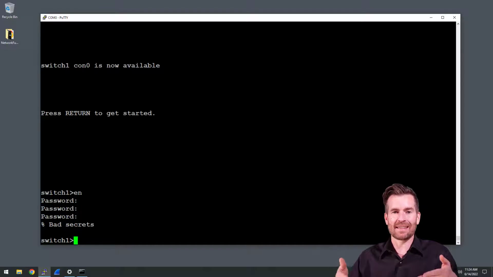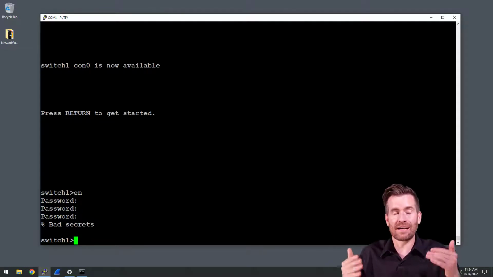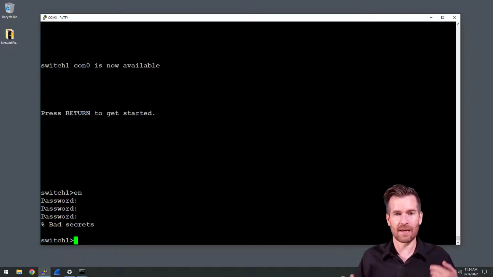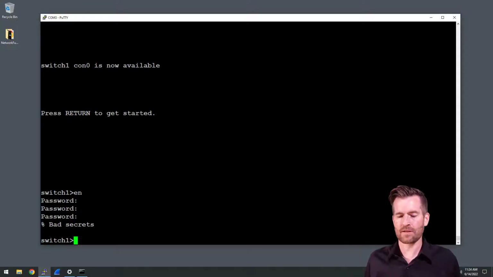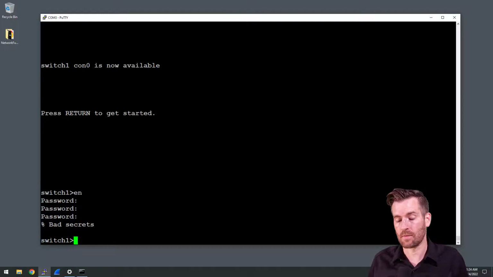Then we will get into the enable mode and then restore the configuration. So then we're in the enable mode, but with the same configuration. We just need to make a couple alterations and then we are good to go. So that's what we're going to go through, how to recover from this. I'm going to restart this switch and get into the recovery mode so that we can recover